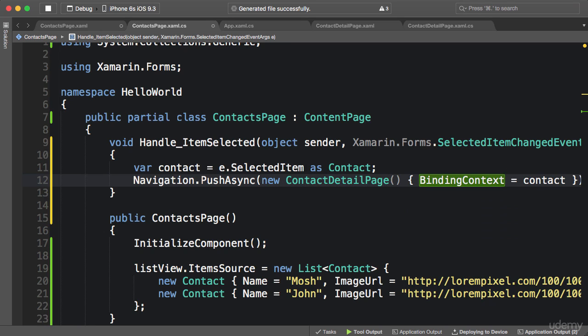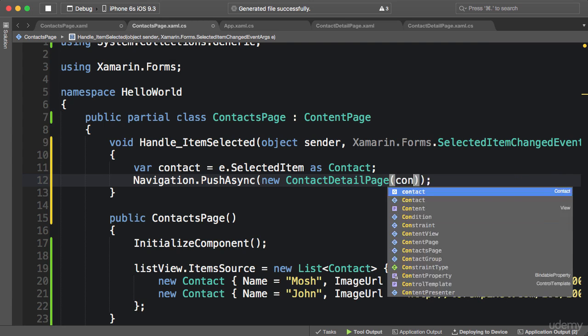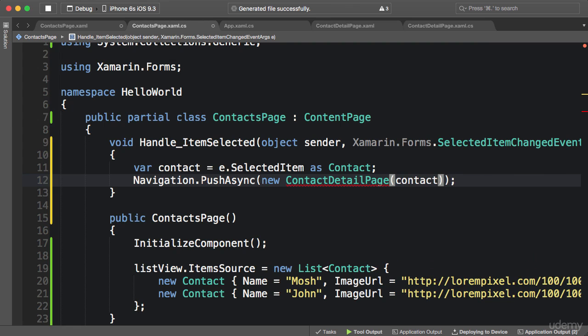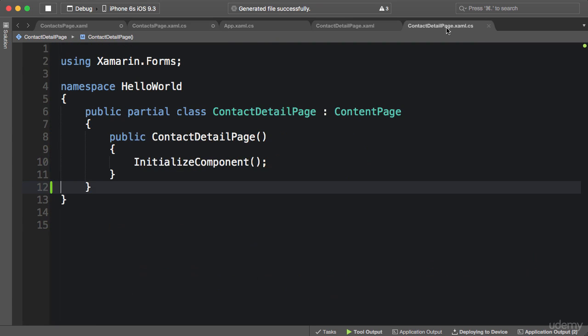Now, which approach should we use? I personally consider the second and third approaches as poor practices, even though you find them in Xamarin documentation as well as their free 1000-page ebook. Why is that? Because from an object design perspective, it does not make sense to initialize a contact detail page that does not have a contact. It just doesn't make sense. This page is responsible for displaying a contact, so contact should be given to this class at the time of initialization. So I'm going to pass contact here, which means we should go in the code behind for this page,